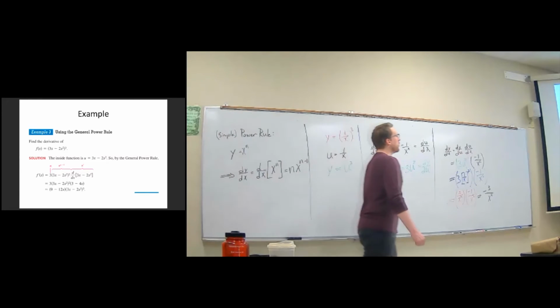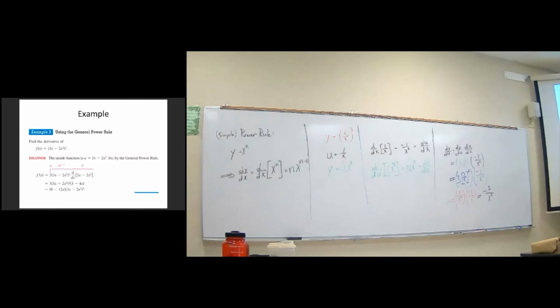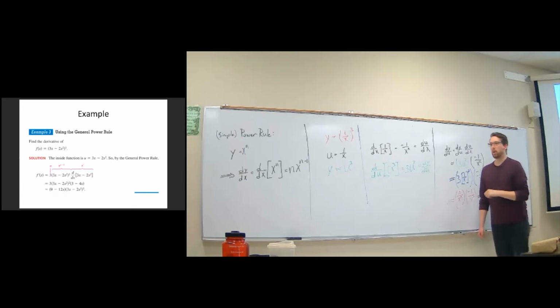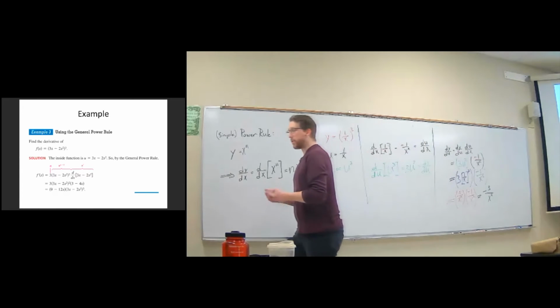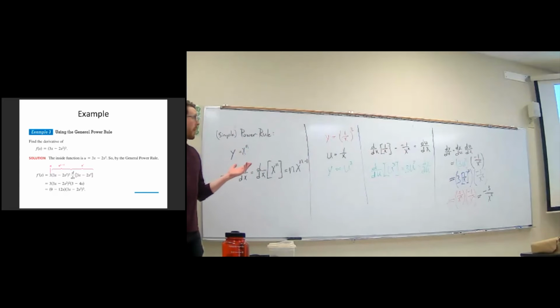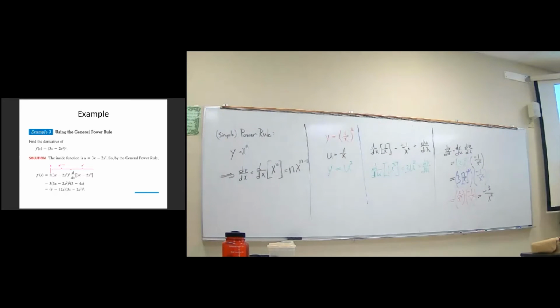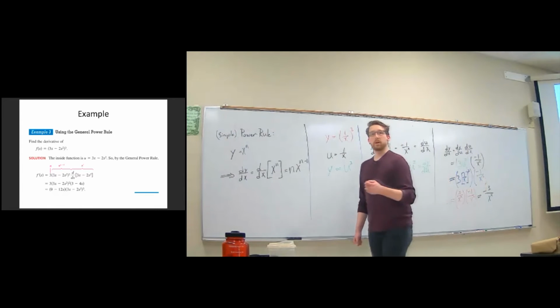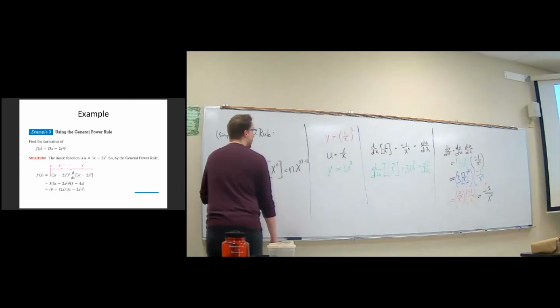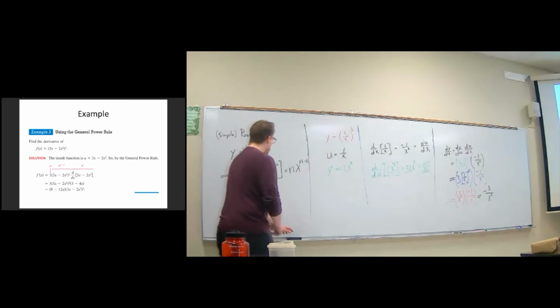So as another example, we're given this function. We've got an interior function, 3x minus 2x squared, raised to a power. So we've got a u, that's just what our interior function is, right? 3x minus 2x squared. And we've got a y equal to u to the third. Applying the chain rule,